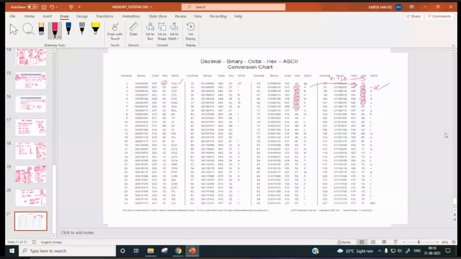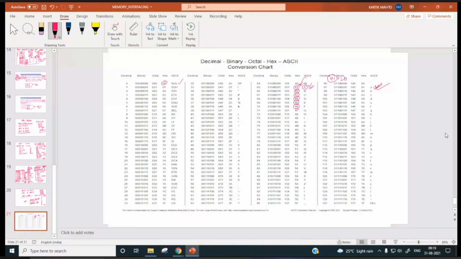Sir, it is hex code, no? Yes. The ASCII code starts at capital A. The corresponding hex code for ASCII of A is this one, 41. This one is the ASCII character, capital A, and the corresponding hex code is this. And for a small a character, it is 61. So the difference is 20.